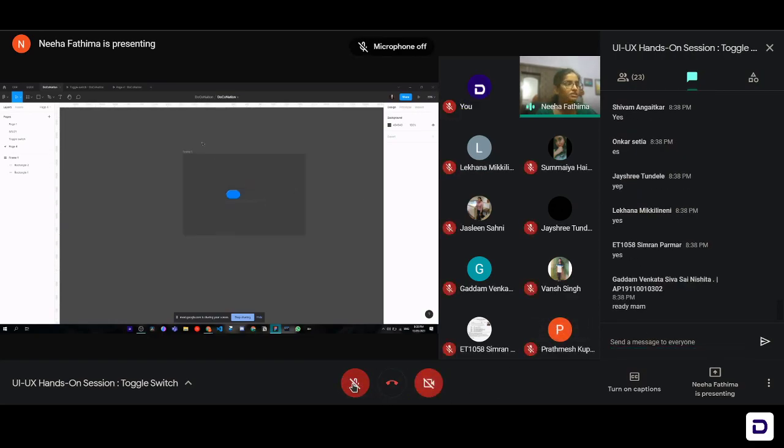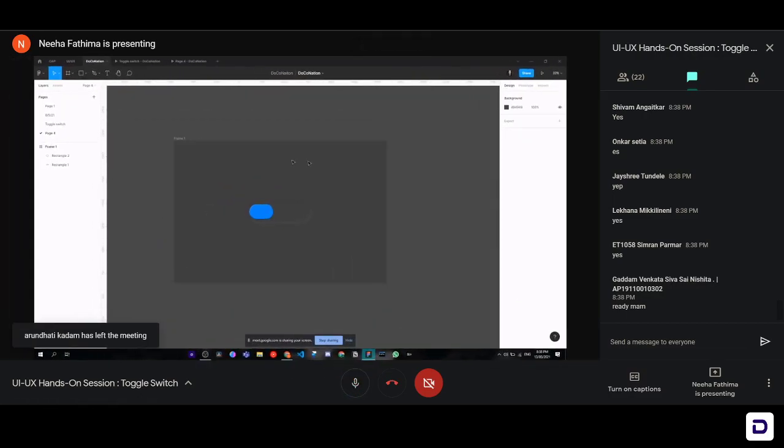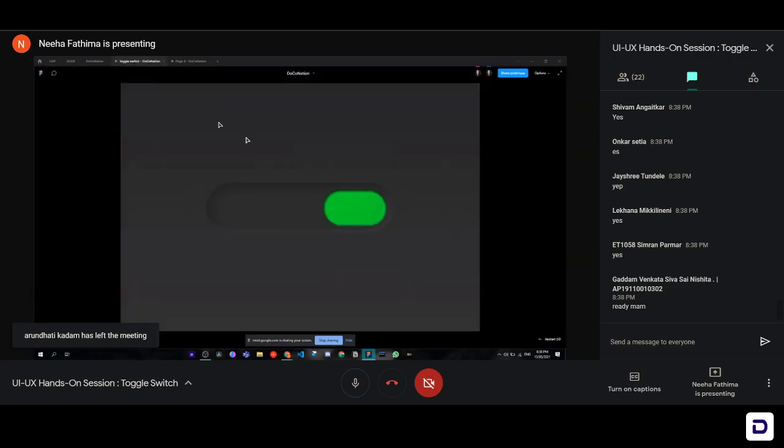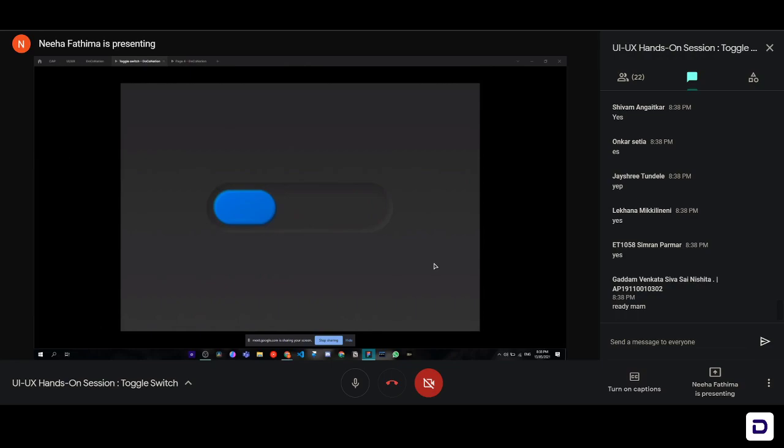Okay, great. So I think now we can move on and add the animation. As I explained in the beginning, we have an initial state, which is this little thing where we have a blue button, and when we click on it, we have a green button, right? It transitions slowly and converts into a green button. So to achieve that, first we need to make the initial state, that is the blue button. We already have that. Now we need to make the final state, that is the frame with a green button, the toggle switch with a green button, right?